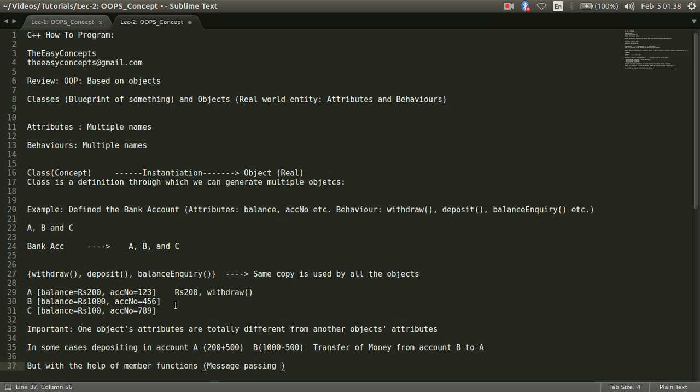So we can also say that this is sending a message from one object to another object. So this is the concept of message passing using member function calls.